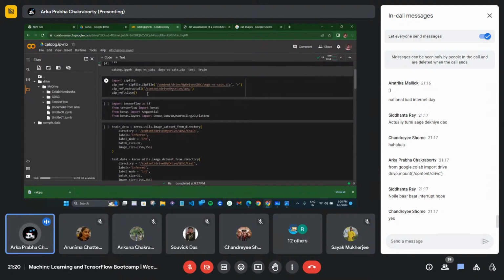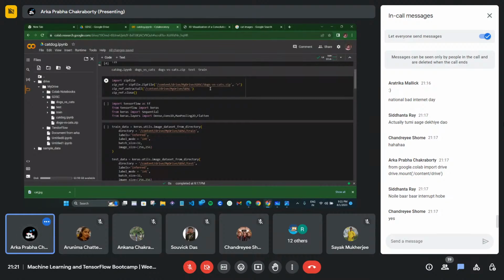So now, the unzip. How to unzip? This is the code for unzipping. The zip.zip file is nothing but the syntax, and you have to place the .zip file location where you will find this .zip file. This is my .zip file. Again, you have to copy the path and paste it in the quotation marks, with read mode. Read mode means reading your zip file.